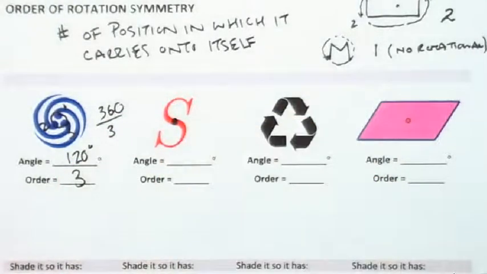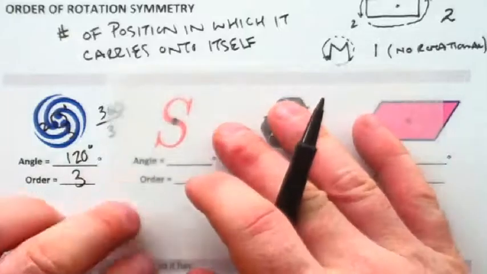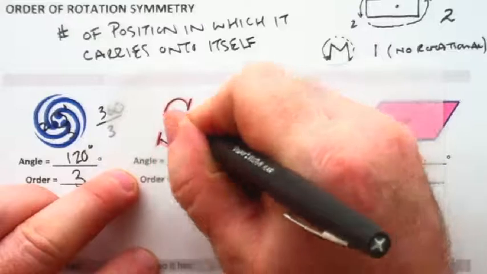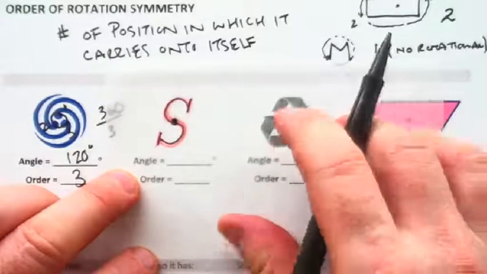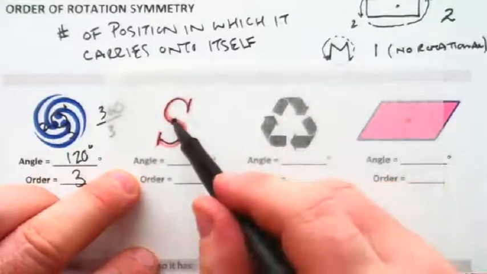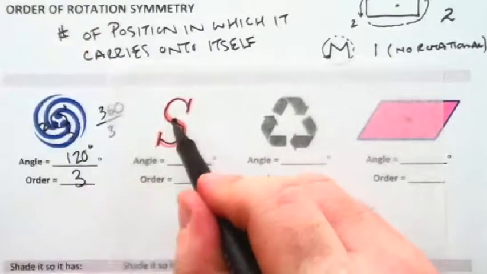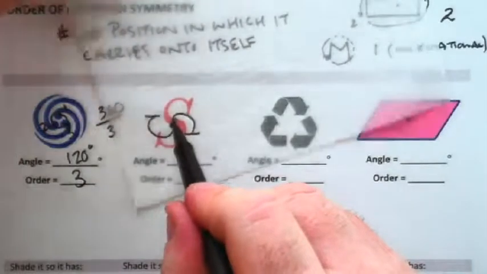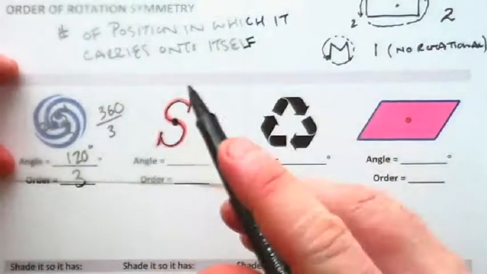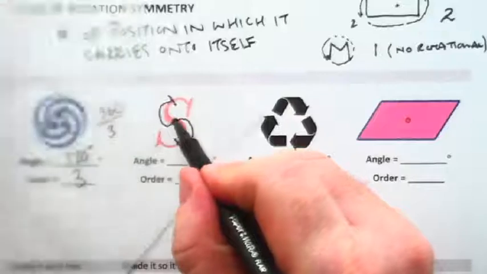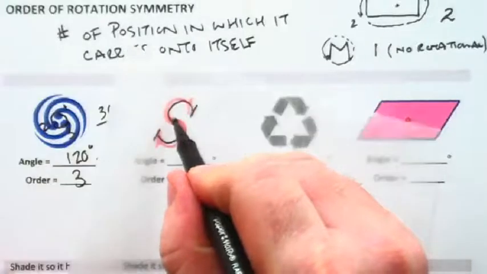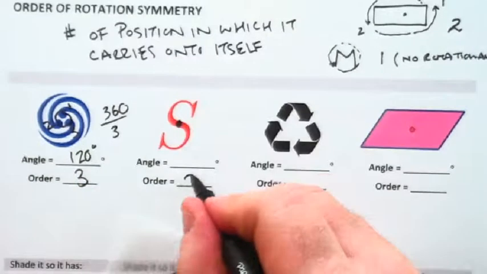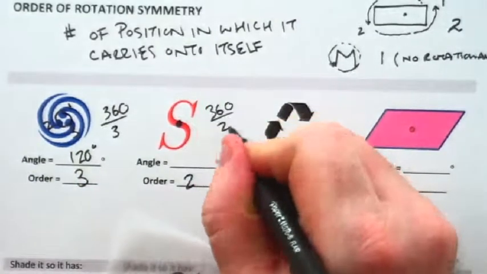Here, I'm going to use a piece of patty paper to help me, just because it's easy to copy this down. I'm going to quickly jot my S down. And I'm going to keep track of how many times I'm rotating to get onto itself. So here we go. At 90 degrees, I am here. At 180 degrees, I am onto itself. So once. And then at 270, nothing. And then back at 360, I am there. So once, and then a second time when it came back, order of 2, 360 divided by 2